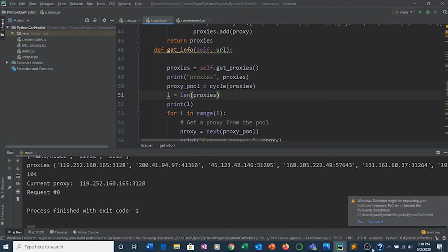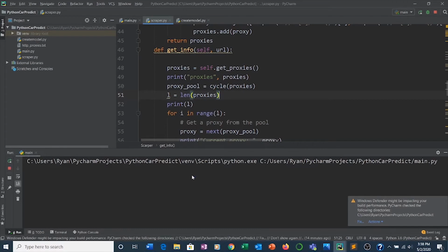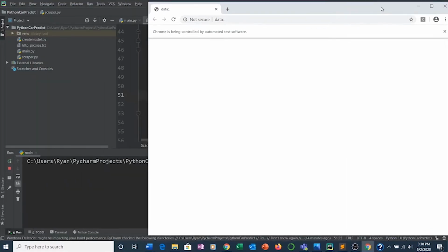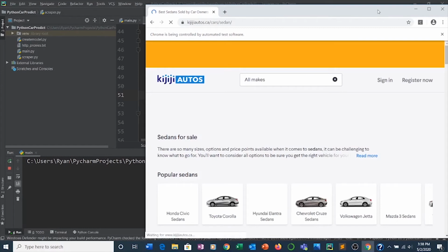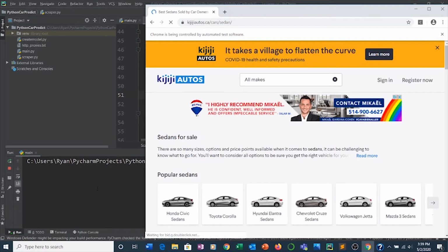So that's it. Just do that and run it again, and then it should work perfectly. It's going to take a bit of time to retrieve all the data. On average, for me, it takes like 10 to 15 seconds until it finds a good proxy. So let's say you'll have to let this program run for a couple of hours before you get a big